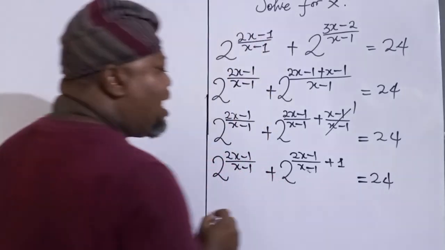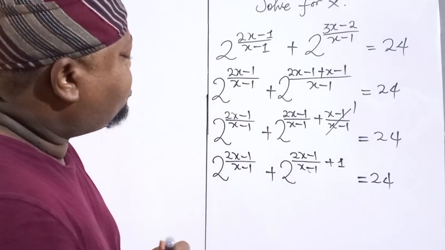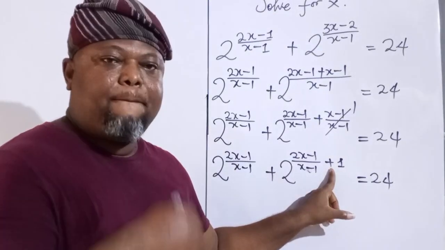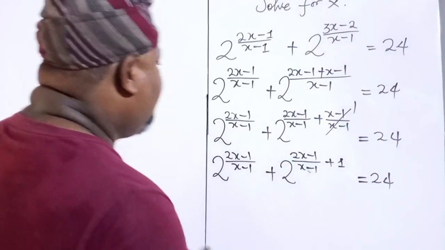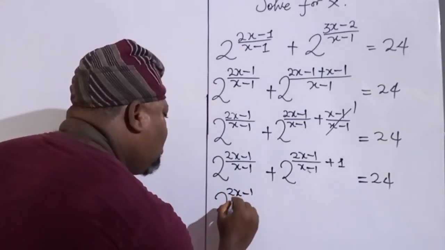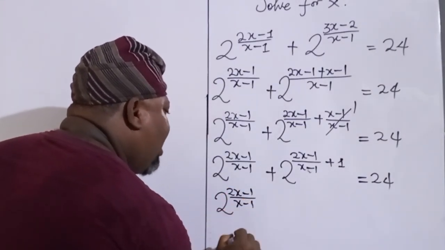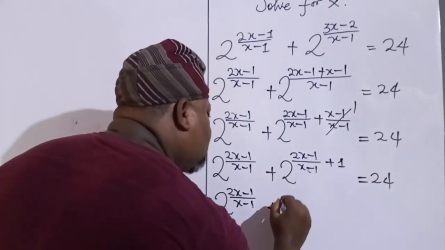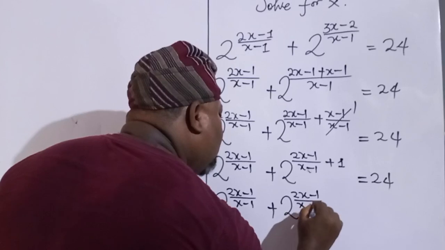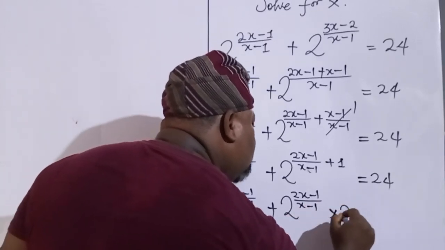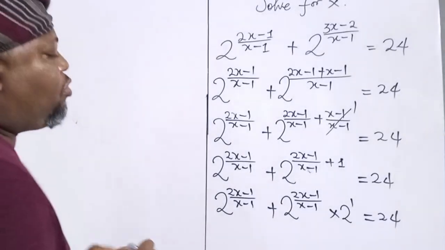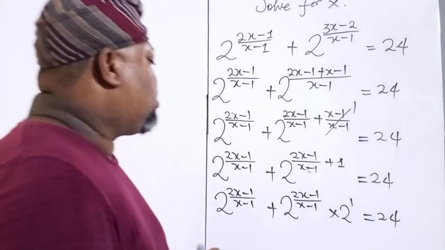24. So the next step right now is to apply the initial law here again. Addition becomes multiplication. We'll now be having to the power of (2x minus 1) over (x minus 1), and plus to the power of (2x minus 1) over (x minus 1), then multiply by 2 to the power of 1, is equal to 24. Alright, so the next step is to